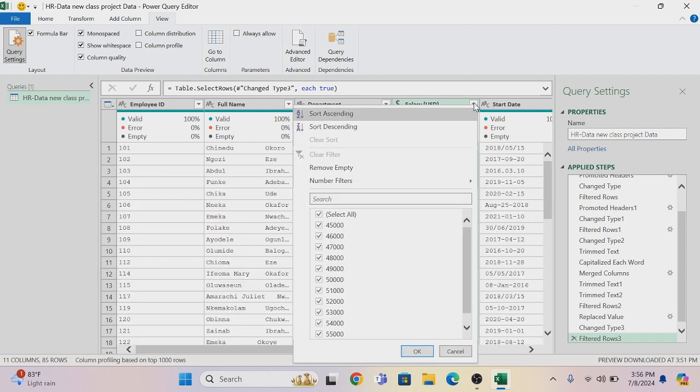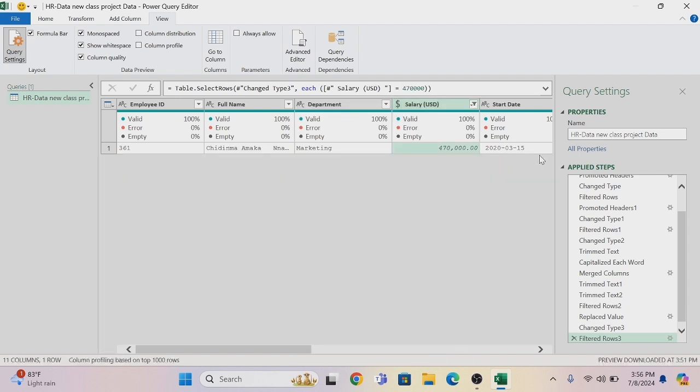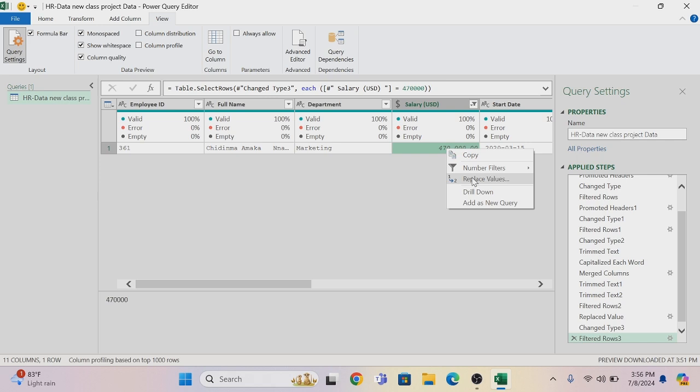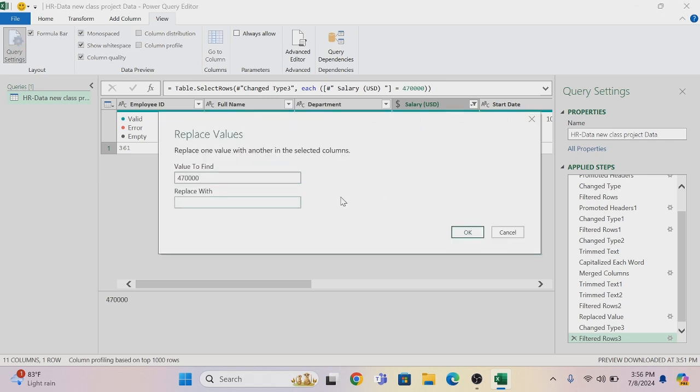So let's click right here and uncheck everything and check just that 470,000. Okay. Now I click right here, replace value, and we want to replace 470 with what? 45,000. So click on OK